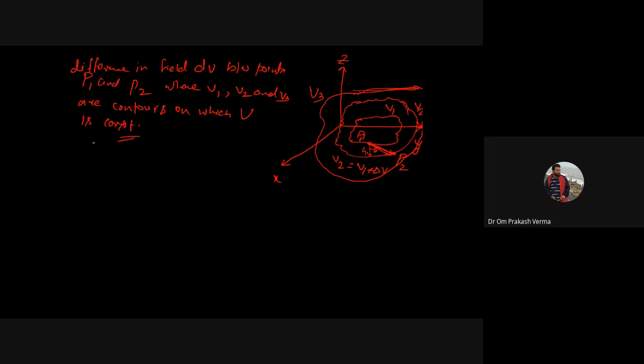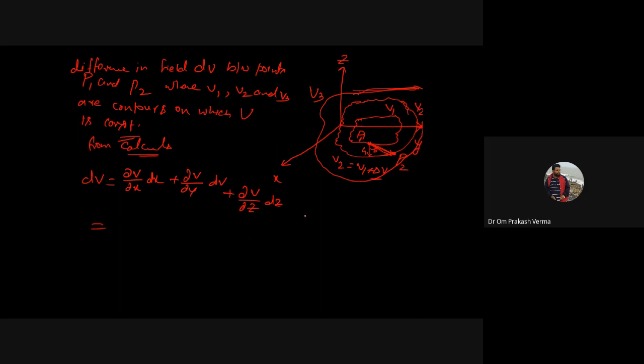Now from the calculus point of view, we can write here, it is very simple. This dV, the increment delta V, is nothing but the change in the x, y, z coordinates. So how will it change? It will be del V by del x with respect to dx change. Similarly, we can write del V by del y dy plus del V by del z dz.